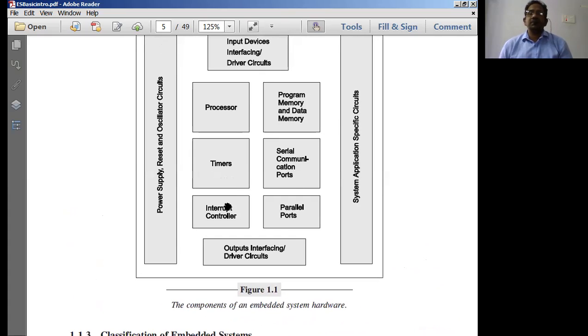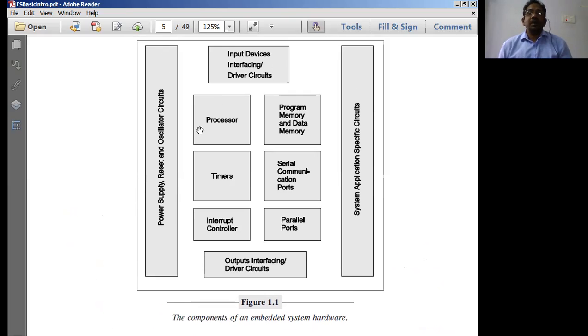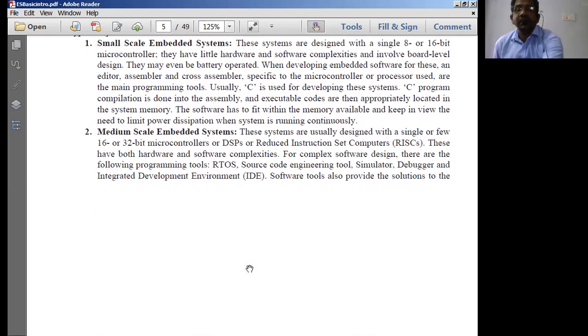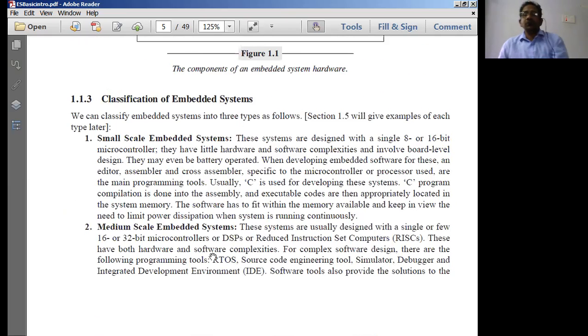Just like an embedded system, it is going to have timers, interrupt controllers, parallel ports, serial communication ports, and separate memory for data, that is data memory and program memory. Like this, we normally have several other internal peripherals in the microcontroller known as 8051. The basic controller is known as 8051, where we are going to use all of them. Now let us discuss the small scale embedded system. An embedded system is a system comprising a microcontroller and all the other necessary peripherals needed in the system to perform a specific task.